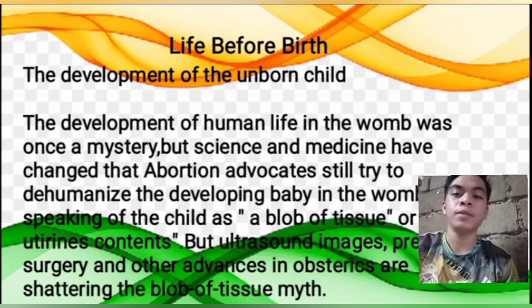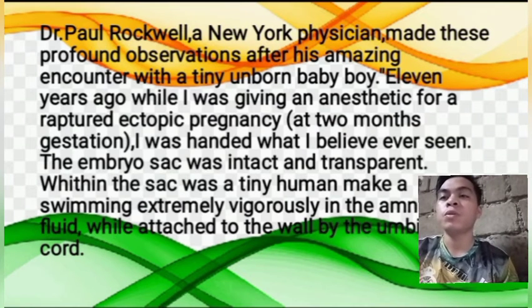So next slide. Dr. Paul Rockwell, as a New York physician, made these profound observations after his amazing encounter with a tiny unborn baby boy. 11 years ago, while I was giving an anesthetic for a ruptured ectopic pregnancy at 2 months gestation, I was handed what I believe I had never seen. The embryo sac was intact and transparent. Within the sac was a tiny human male swimming extremely vigorously in the amniotic fluid, which was attached to the wall